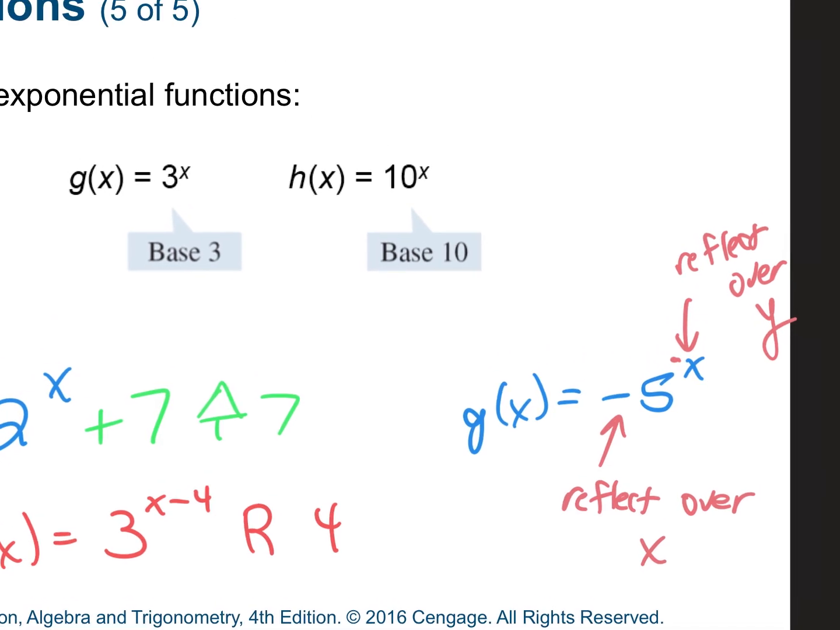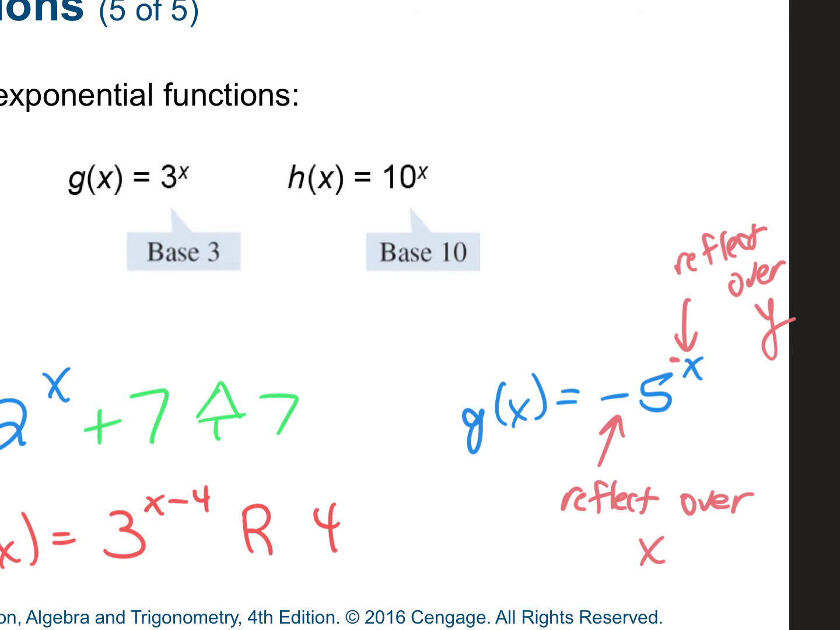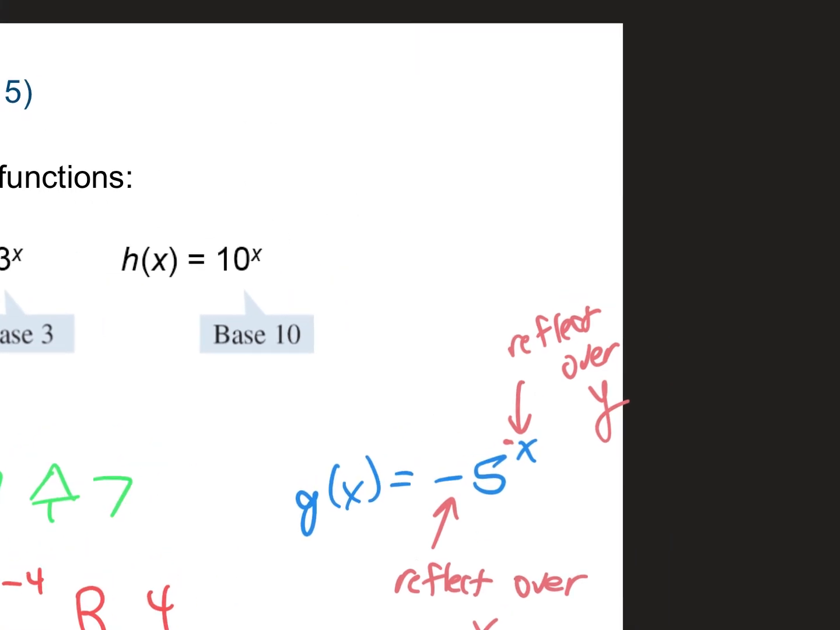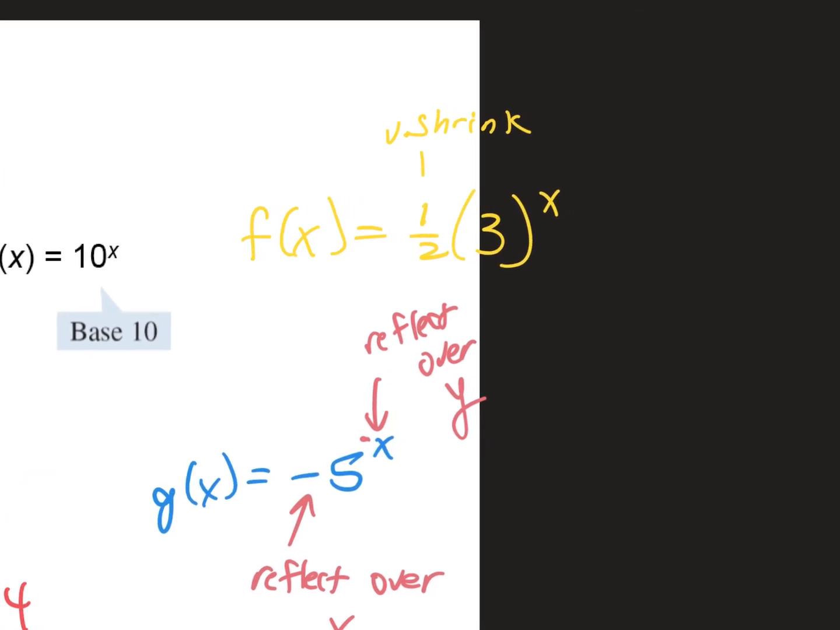setup of our transformations. What about, let's see how good we are, if we had f of x to the... what's that 1/2 in front do? Vertical what? Vertical shrink. Good. If it was a whole number, it'd be a vertical what? Vertical stretch. What about